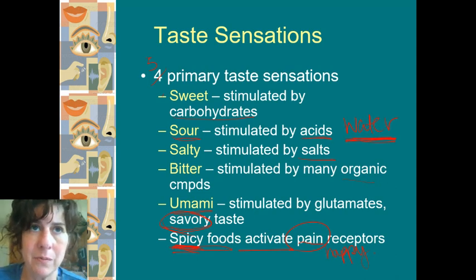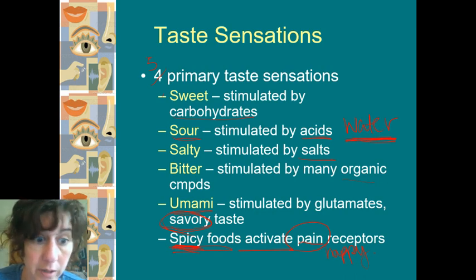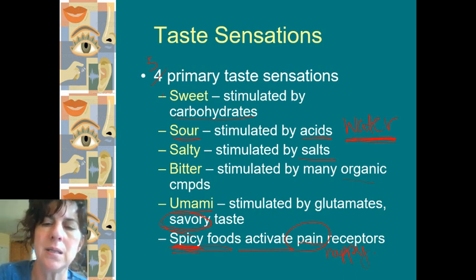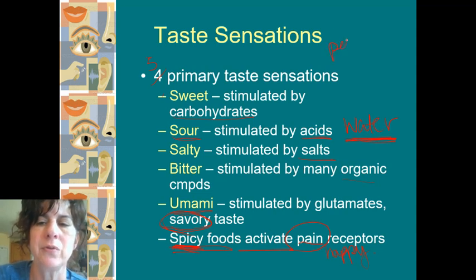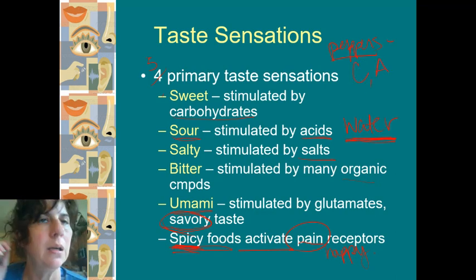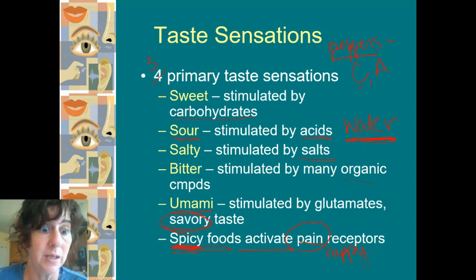Why would we do that? Why would we want to subject ourselves to pain? Normally, pain is something that says, don't go there, right? You're doing damage. But in this case, a lot of the spice that comes from food comes from peppers, right? So various different peppers that we have in there. And peppers are really high in vitamin C and vitamin A in some cases. A lot of it's vitamin C, but a lot of different vitamins. And vitamins are nutritious. We need them.